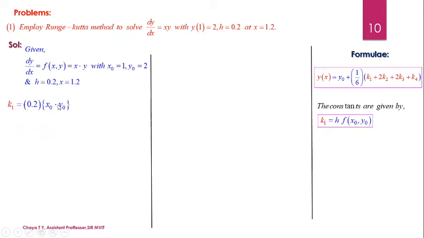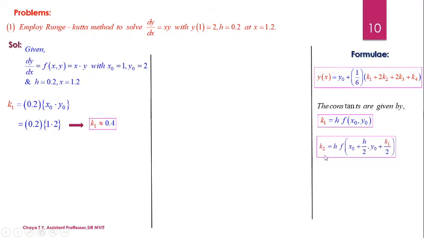So we are going to consider the formula, then substitute into the formula for the RHS term. So here it is, h is 0.2, the function f of xy should be rewritten as x should be replaced by x0, y should be replaced by y0. Therefore we get the value after substituting. So here I have substituted x0 as 1 which is the initial condition for x and y0 as 2 with h as 0.2. Then when we simplify we get the value of k1 as 0.4.